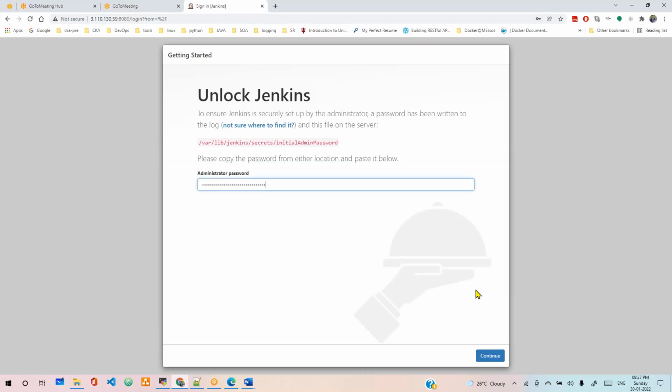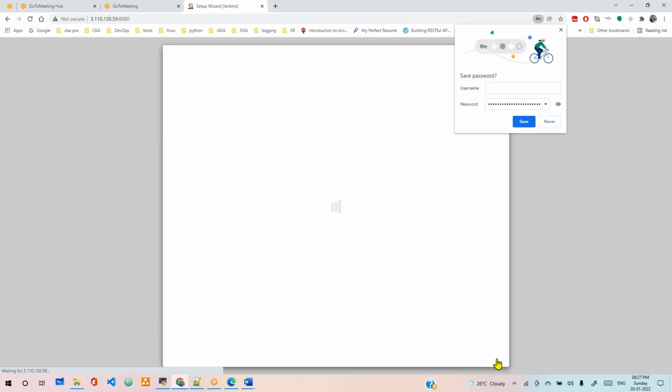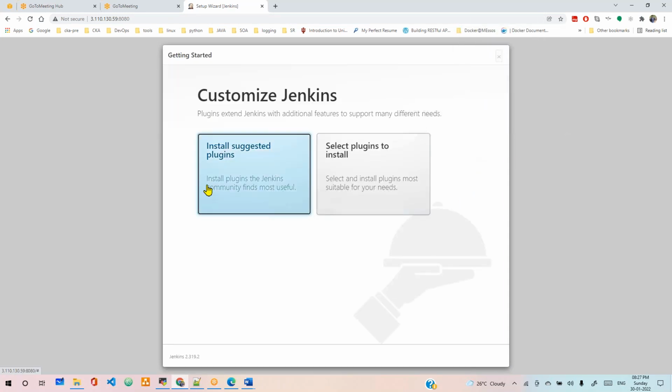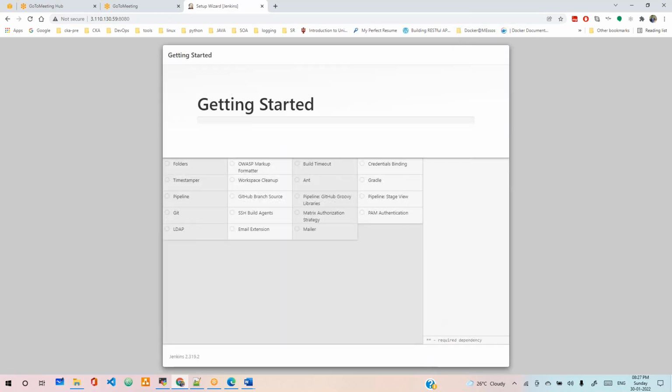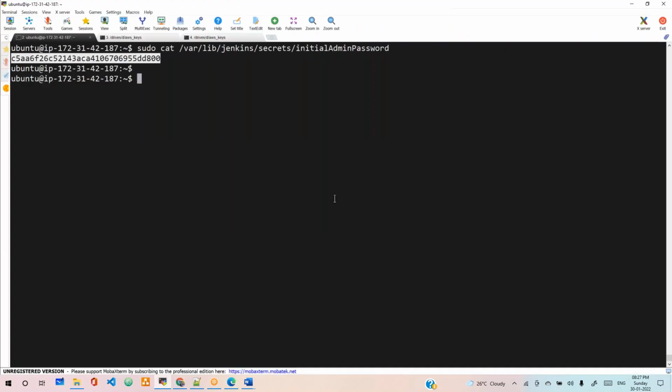Copy this and paste this. Let it install the plugins, and meanwhile, let's go for our task. Okay, fine. Then the next step is, let's write, sorry,